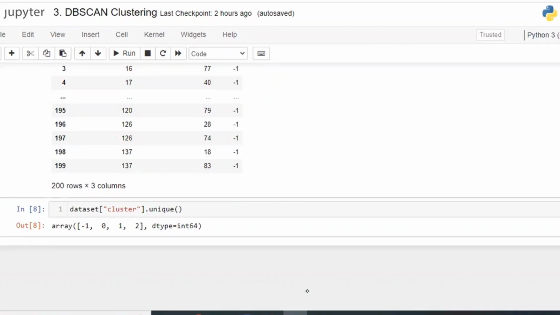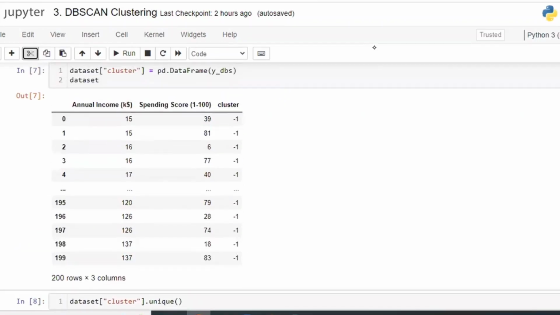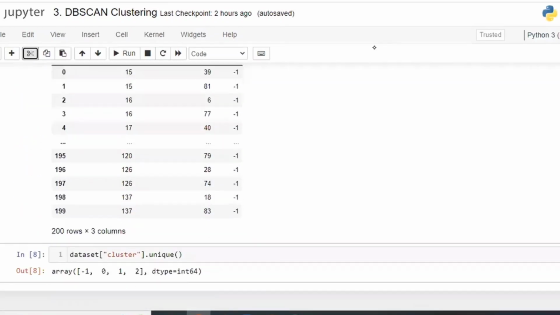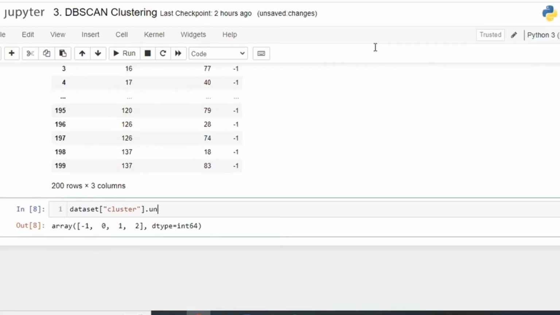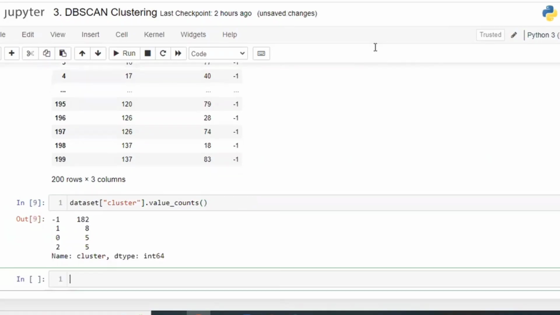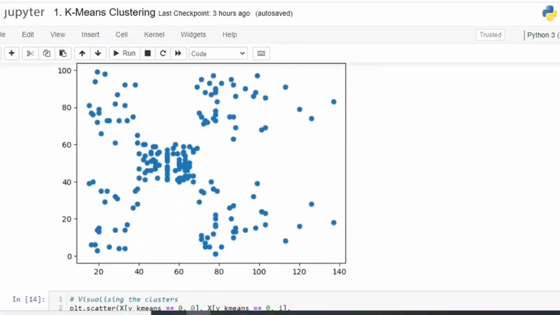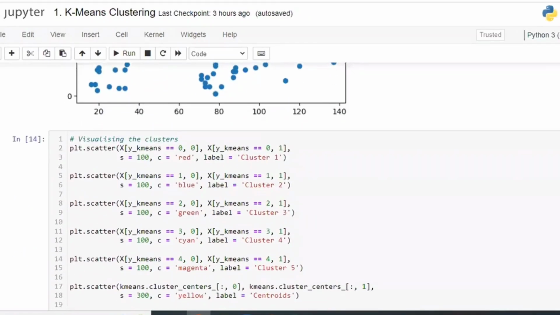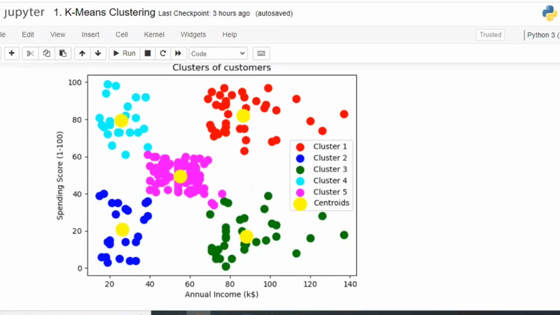In the current data set, what is the anomaly, sir? In the current data set, there are no anomalies. If there is an anomaly, for example, if you apply value counts, you can see a total of 200 data points, out of which 182 data points belong to a single cluster. They are normal data points. Just use the other values and go with the scatter plot, the same type of scatter plot we applied yesterday. Apply the same scatter plot here also. Then you can identify which record is particularly an anomaly.